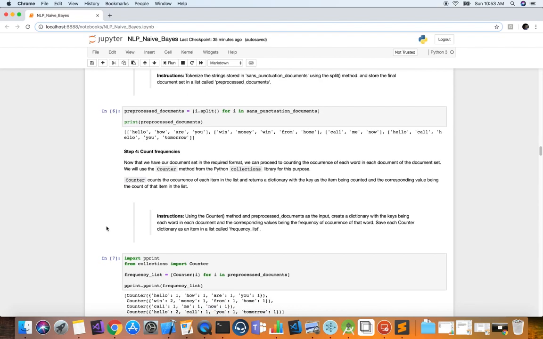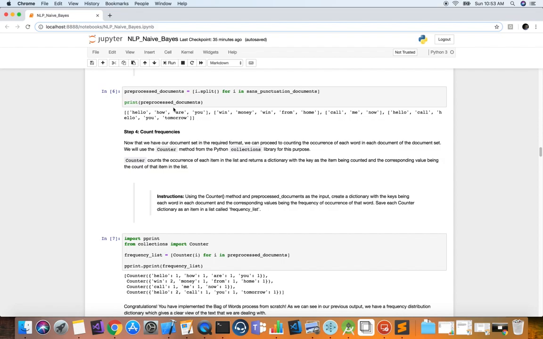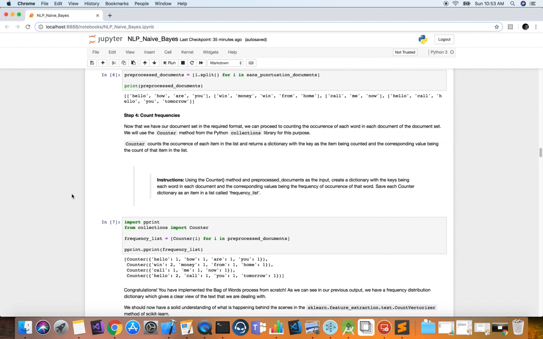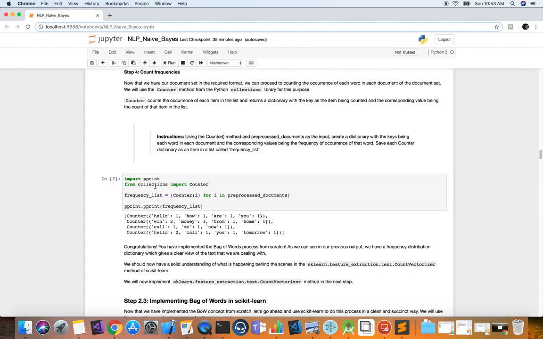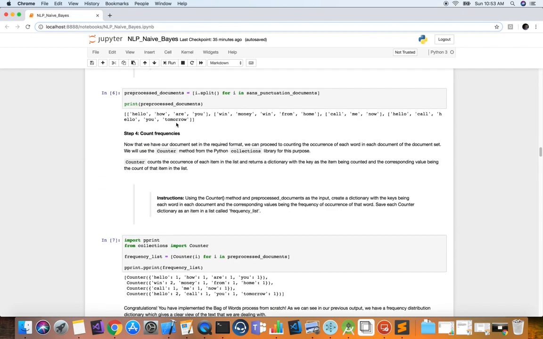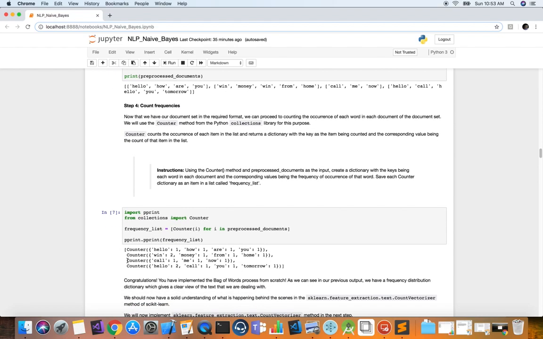Now the next one is to count the frequencies of the set of unique words in our data. So we're going to use the Counter function here. We're going to import it from collections. So we're going to do another list comprehension, and here we have our pre-processed documents. For i in pre-processed documents, so for each list in the list, we're just going to pass that list into the Counter function, and it's going to count the frequency of each unique word here. And we're just going to add it into this new list, and then we're going to go ahead